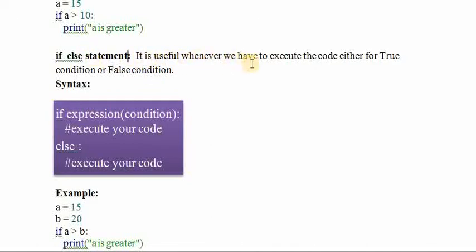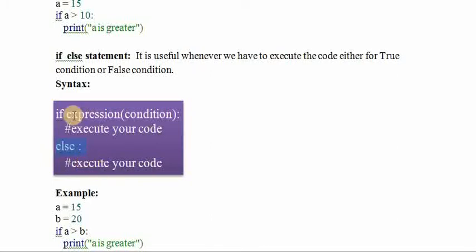It is useful whenever we have to execute code either for a true condition or a false condition. Whenever you take a decision, the condition may be true or may be false. For a true condition, it will execute the code written under the if expression, and for a false condition, it will execute the code under the else condition.